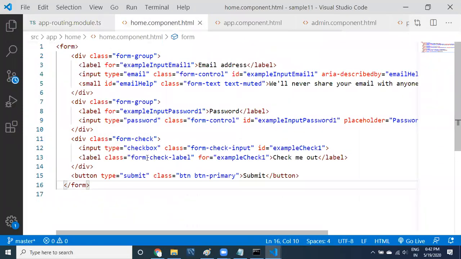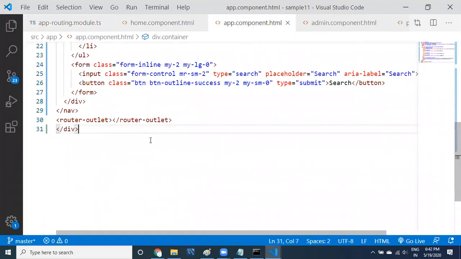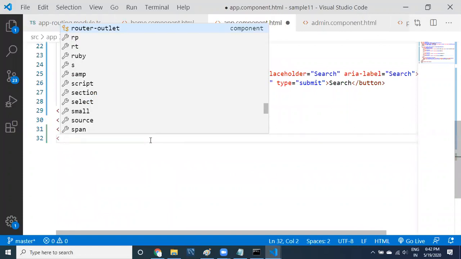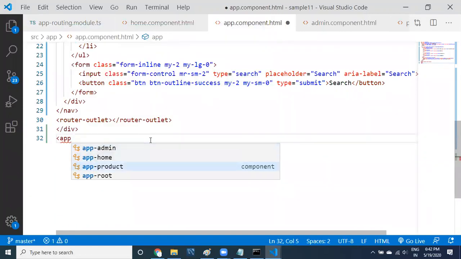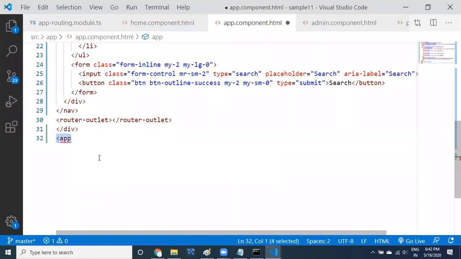Let us go to the HTML, the app component HTML. If you try to use the person component, it is not available. See here, guys, you cannot use it directly. If you want to call a component directly, you have to import and you have to export, guys.